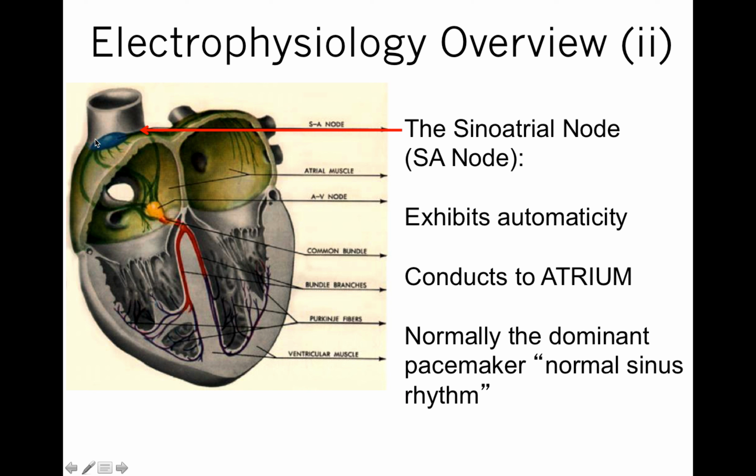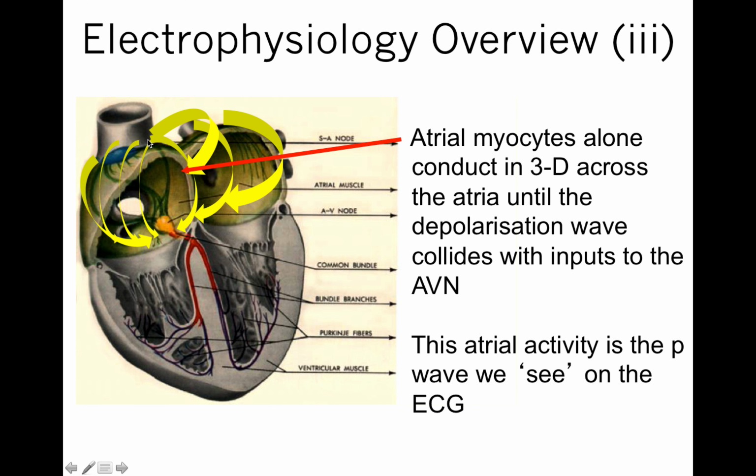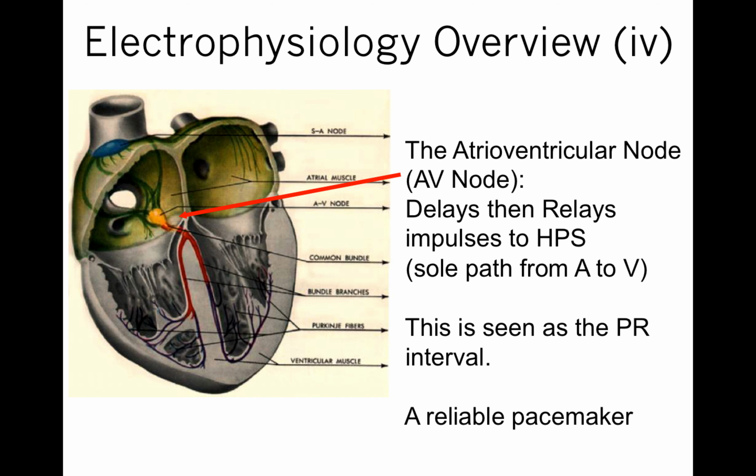Once the sinus node depolarizes, it conducts to the right atrium and to the left atrium in sequence, and the impulses will traverse the atria and end in the AV node, which is the junction between the atria and the ventricles, and usually the only path between the atria and the ventricles. At the AV node, there is a delay in relaying the impulse to the His-Purkinje system. This delay is seen on the ECG as the PR interval, and it serves multiple important